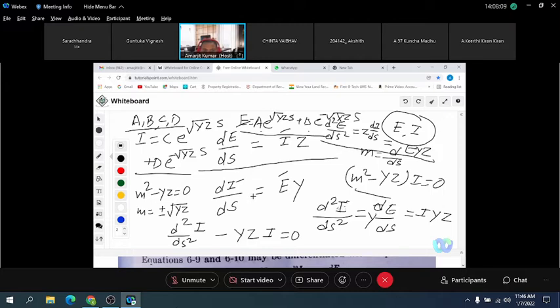The boundary condition is because we are measuring distance s from the receiving end, that you know. So s is defined as the distance along the transmission line from the receiving end. Okay. So at s is equal to 0, what will be the voltage and current?